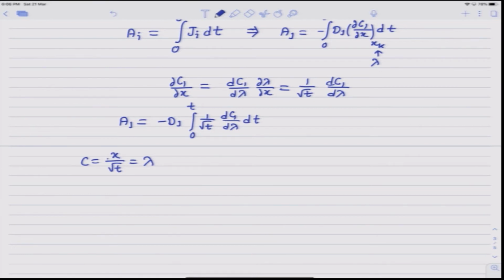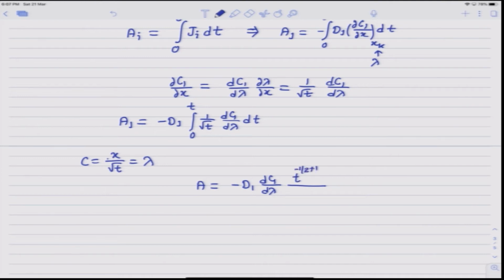So C versus lambda profiles are independent of time, and so dC1/dλ should be independent of time at a given composition. So we can take this outside the integral, and so we can write A1 is equal to minus D1 times dC1/dλ, and the integral of 1 over root t should be equal to